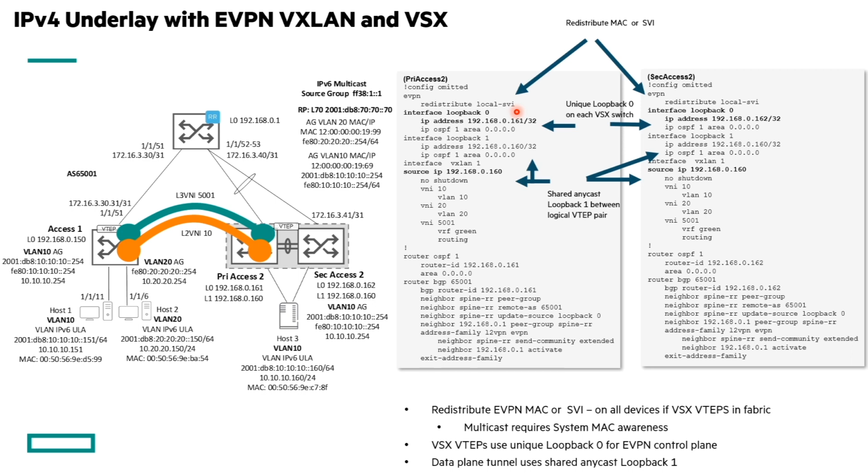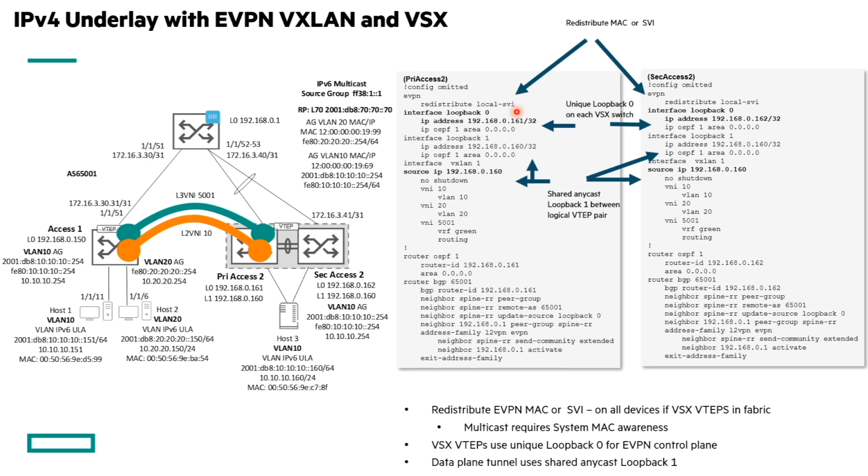If you're using layer 2 and layer 3, which typically you are, then we would use the redistribute local SVI, as multicast needs an awareness of system MAC when we're using VSX within the environment. So the next piece that is slightly different is that we have a unique loopback 0 for the EVPN control